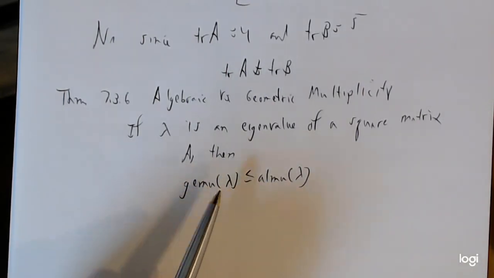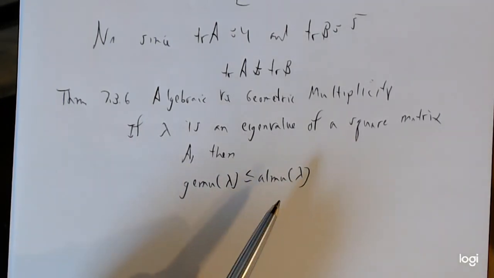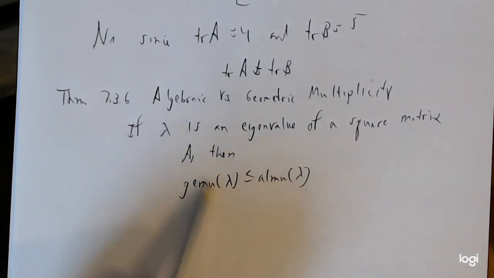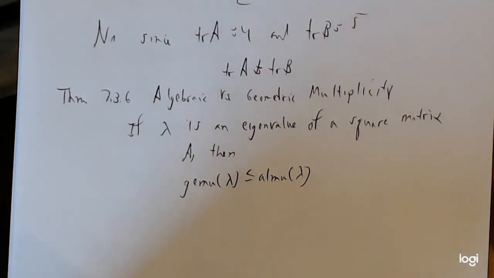So we know that the geometric multiplicity of any eigenvalue can never be greater than its algebraic multiplicity. It just wouldn't make sense if that were the case. Okay, so that pretty much takes care of this section, and in fact, the chapter,